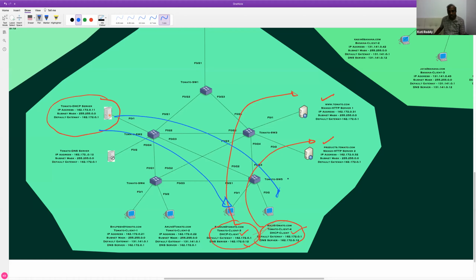The DHCP gives an IP address and subnet mask and also some optional parameters like the DNS IP address and also the router IP address and all, right? So these two are acting as DHCP clients. Farooq and Haji, sitting on Tomato Client 3 and Tomato Client 4, which are acting as DHCP clients, complain saying that they are not able to access www.tomato.com and products.tomato.com. So let's see how to troubleshoot this now.